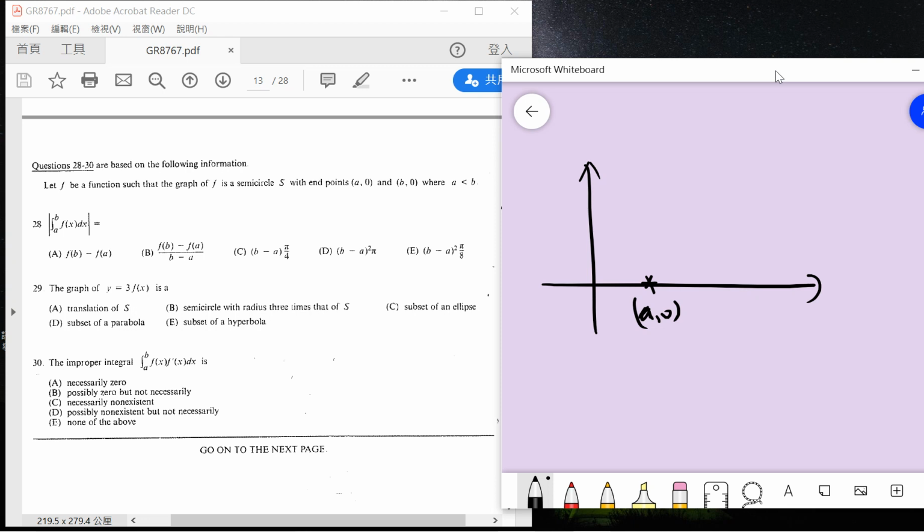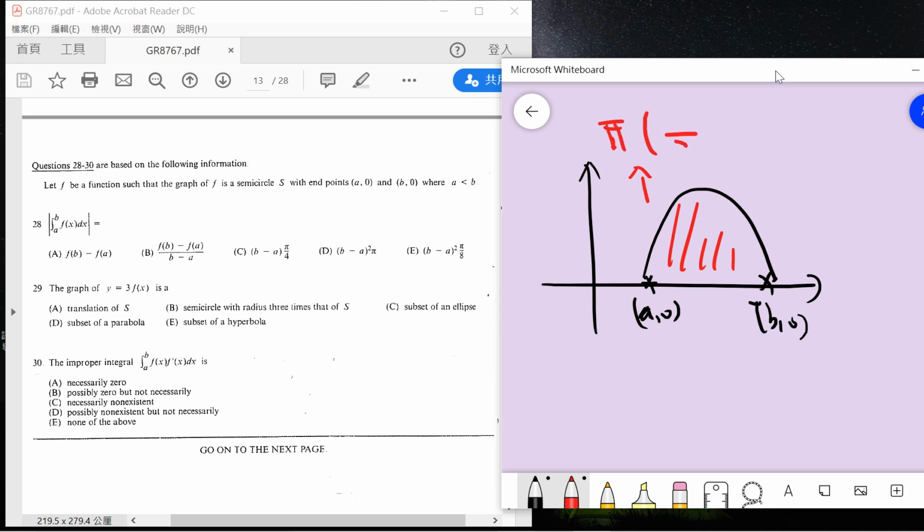Suppose that f is a function, then the graph is basically the same as a circle, and the endpoints are (a, 0) and (b, 0). First he asks about this region. This is easy, this region is